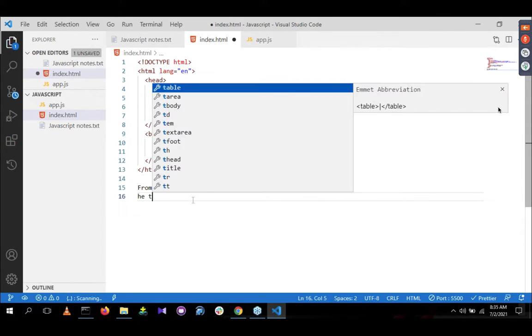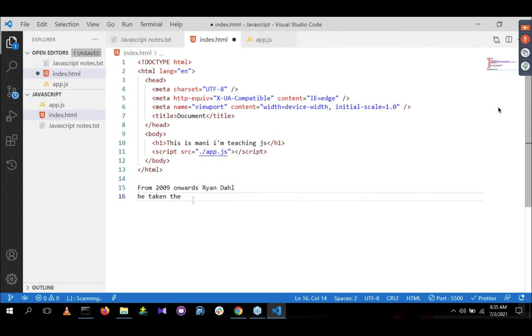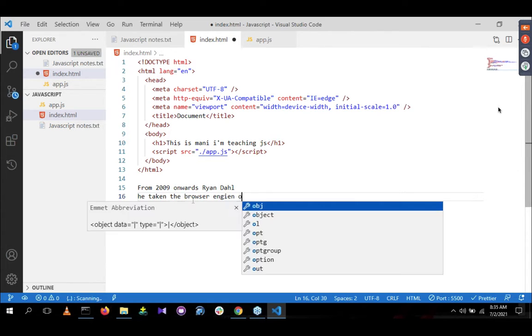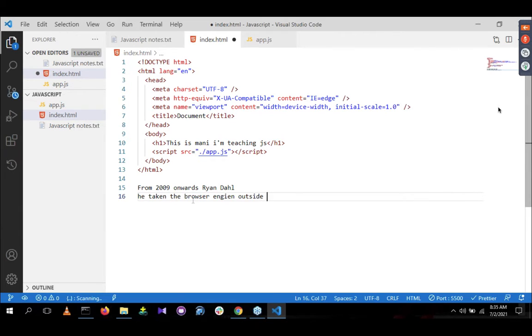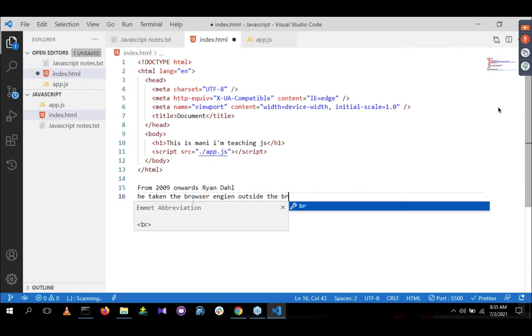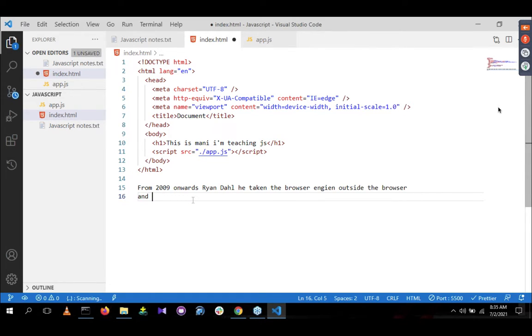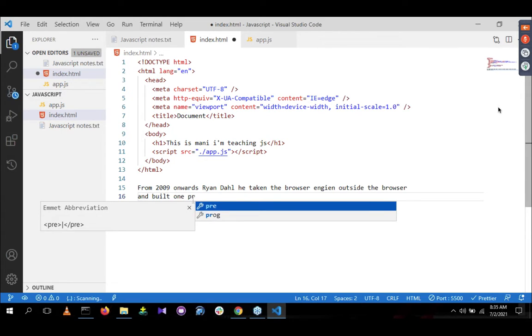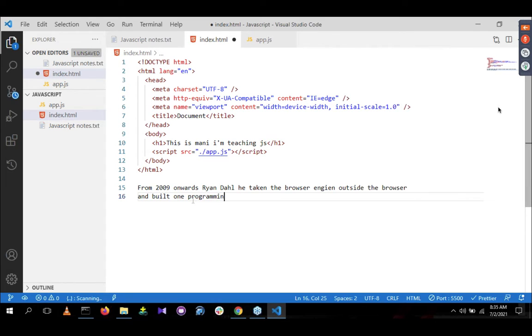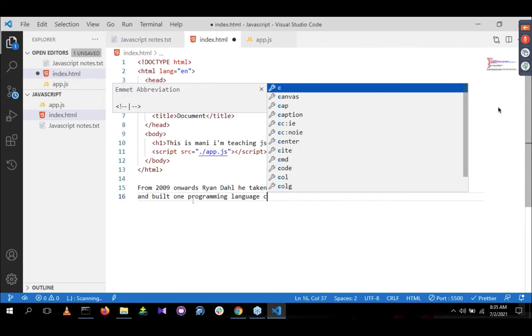He has taken the browser engine outside the browser and built one programming language called